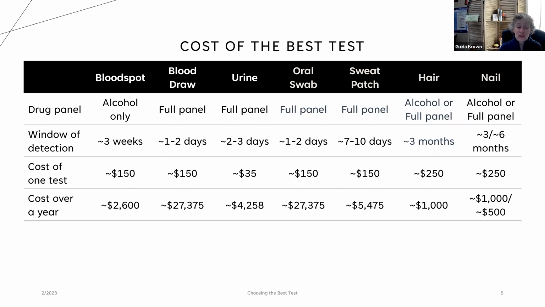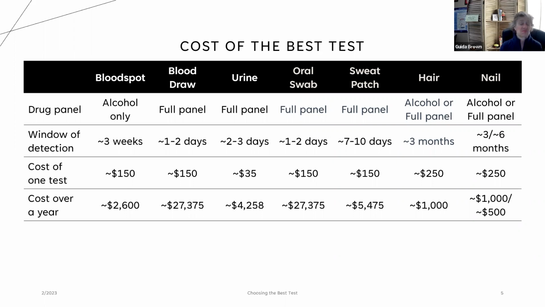But again, if we're treating an addiction, if we're treating a disease, then random tests aren't really treating that disease. Saying that somebody should just come in whenever isn't treating the disease. And so the idea behind these tests is figuring out who your population is, what you're trying to monitor, and doing the best for them. So a blood draw and the oral swab, while initially they seem like they're good tests, when you're only looking at 1 to 2 days, it's probably not going to be great information, again, depending upon who your population is and what information you're trying to gather.